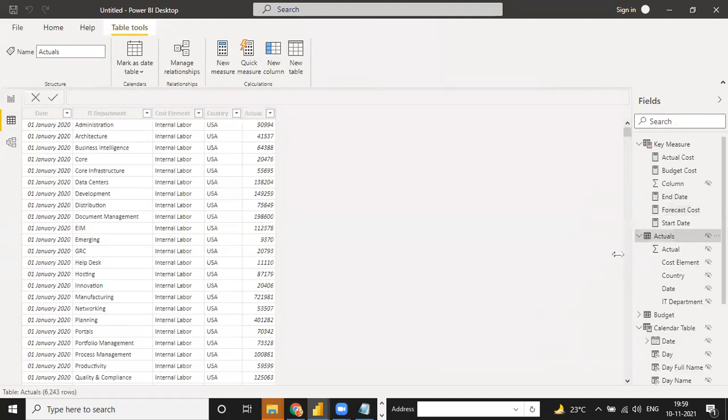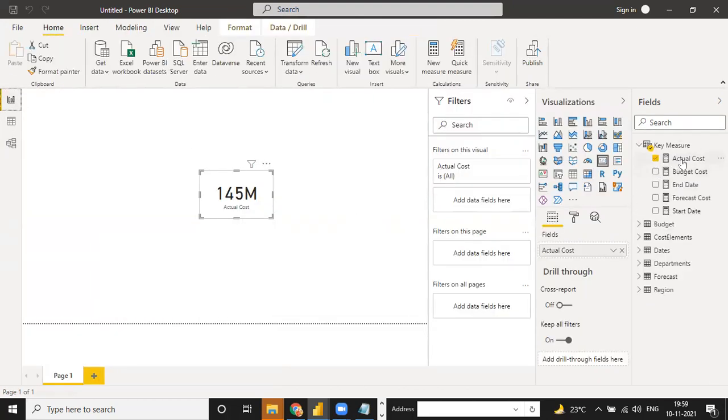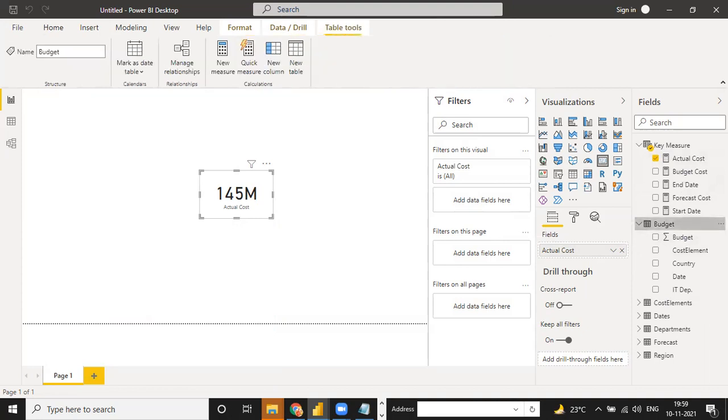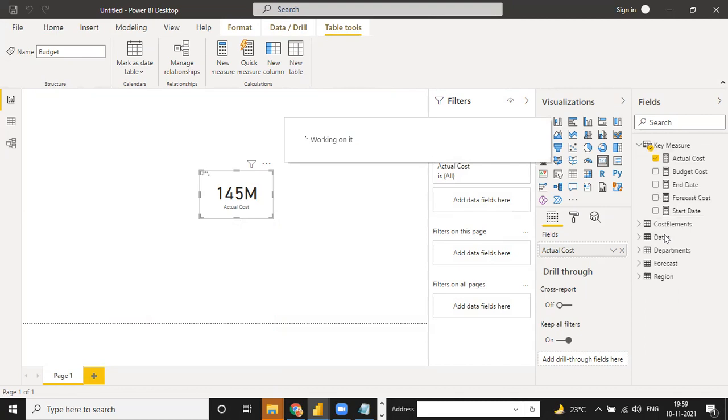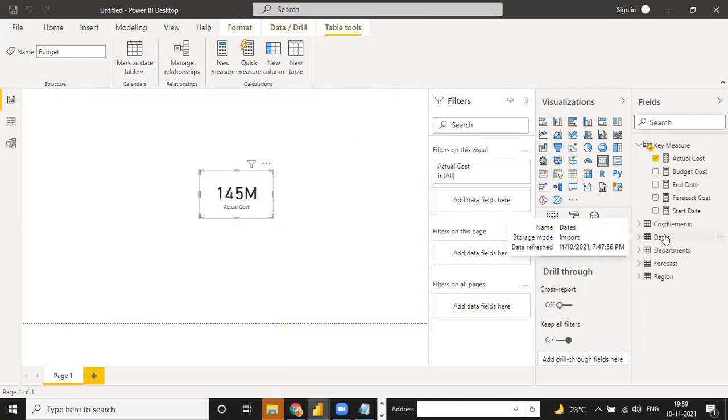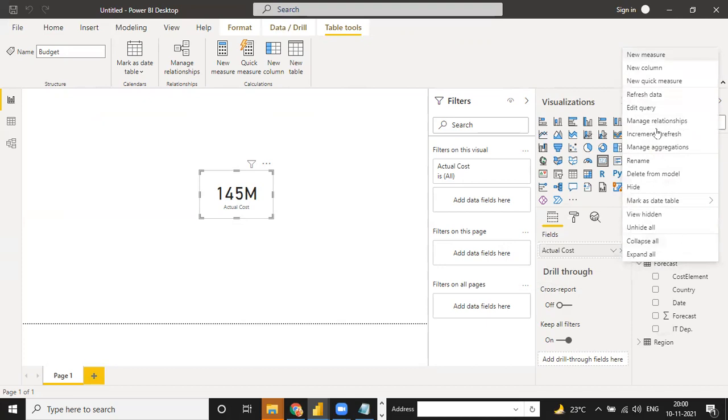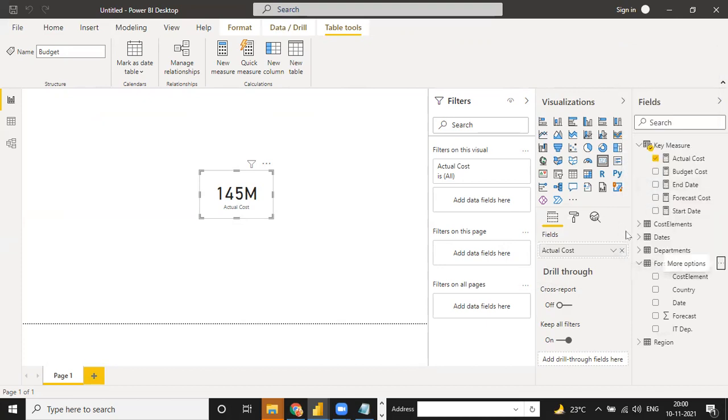See, the actual table is there now, because we have already calculated this actual measure. So I am just connecting all the measure calculations by this, not by this. Same way in the budget also. So I don't need that kind of thing also, and hide. Because why am I hiding? Because every task we have to do in Power BI is done via DAX measures. Every task. And same way in the forecast also, hide.